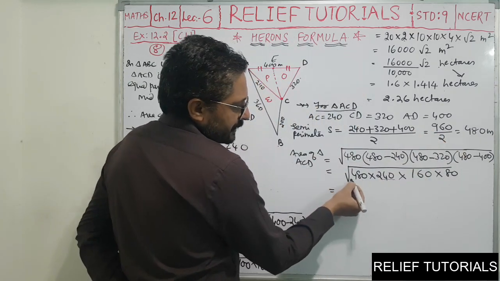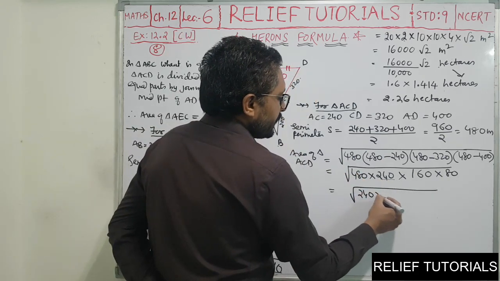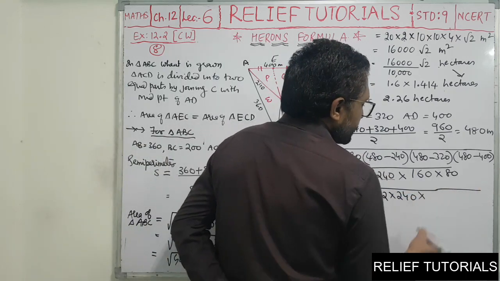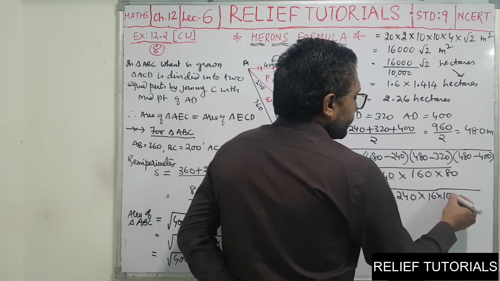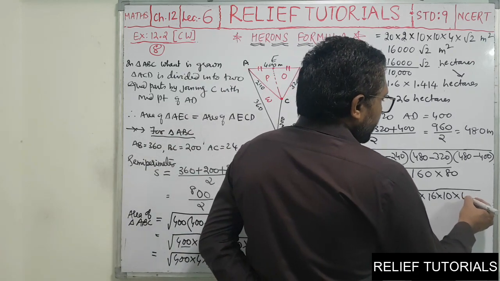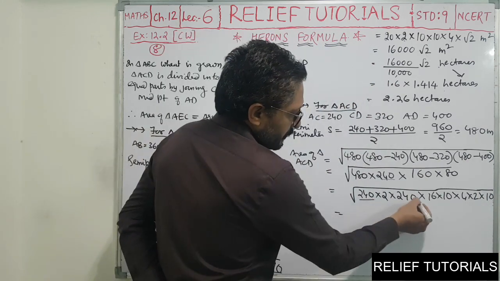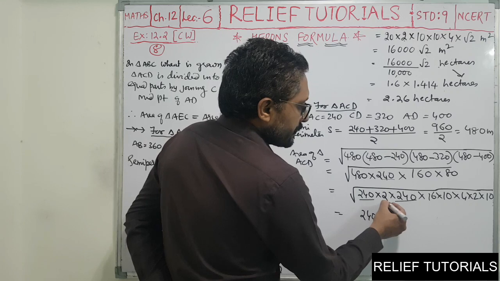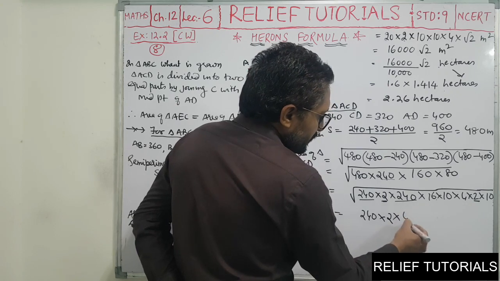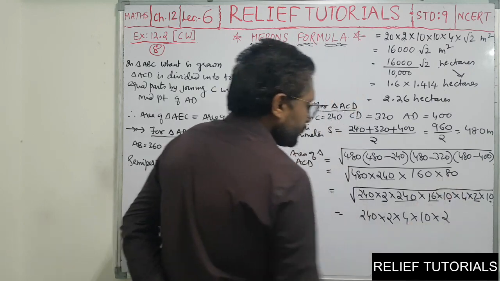Now look here, this is 240, this is 480. So it is double of 240. So I can write this way, 240 into 2. Here 240 as it is. Now 160. So I can write 16 into 10. 80. So I can write 8 into 10, 4 2s are 8. See now, 240, 240. So I will write 240 here. This 2, this 2. So I will write 1, 2 here. Now 16, root 16 is 4. Now 10, 10. So I will write 10 here. Now 4, I will write 2.